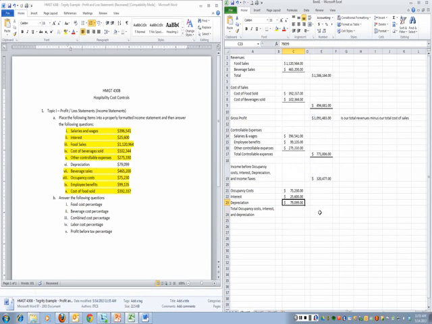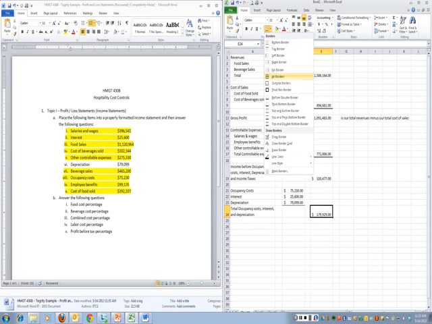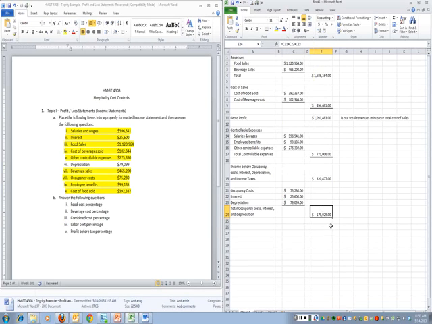Okay, so once I find that total, that would be a single line here, and then this is going to equal occupancy costs plus my interest plus my depreciation. And then after I have this here, I will go ahead and create a double line because I'm going to be calculating another subtotal there, and what I'm dealing with is